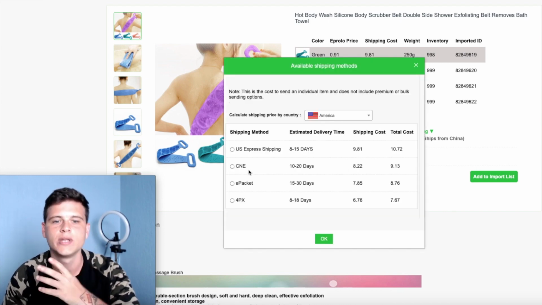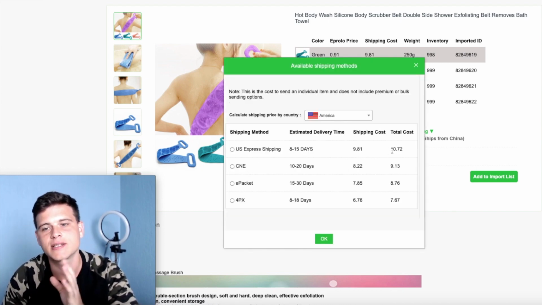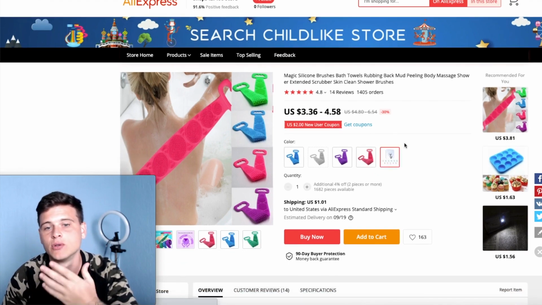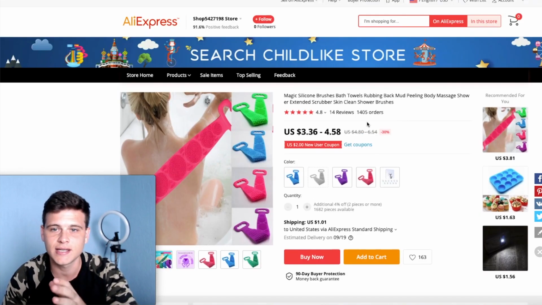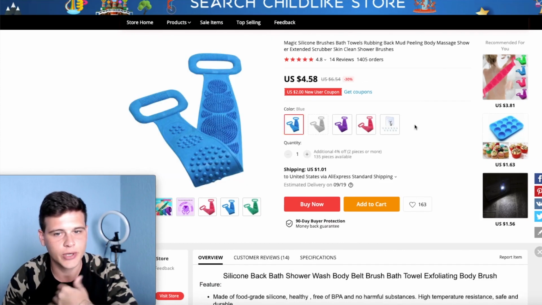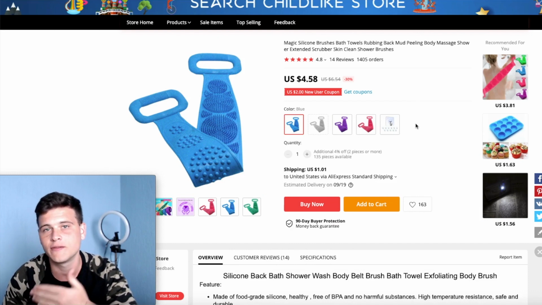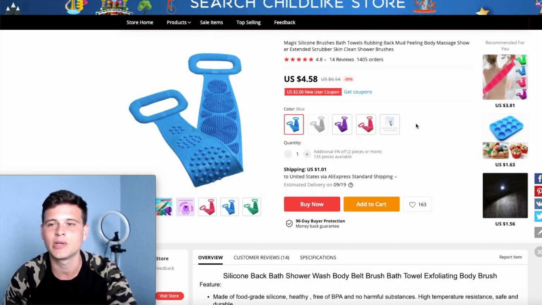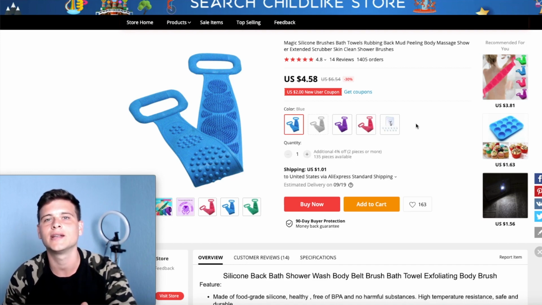So with the US Express shipping, it's $10.72, and the cheapest one is going to be with 4PX, $7.67. If we have a look on AliExpress over here, this listing got a lot of orders, good reviews, a decent seller. Let's click on one of the variations. So with AliExpress standard shipping, it's going to be $5.59. So that is already cheaper and probably even faster,